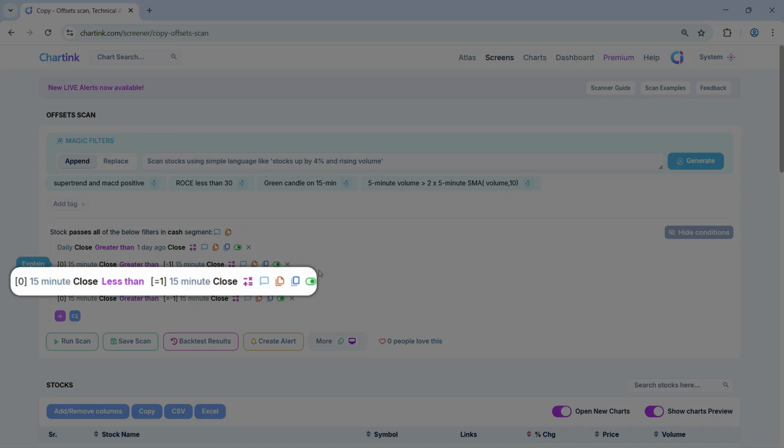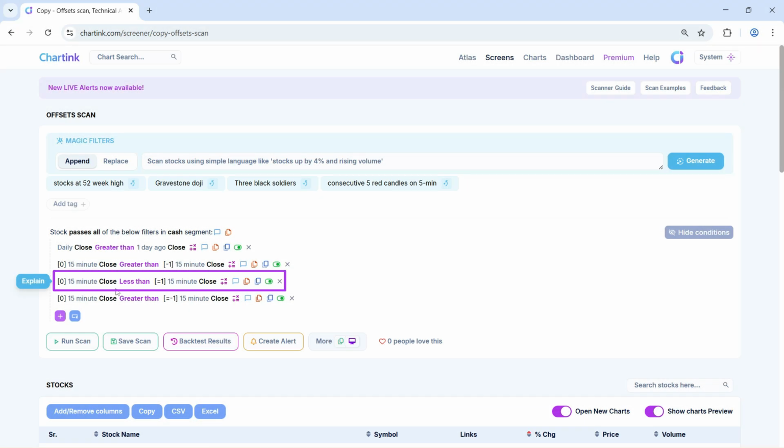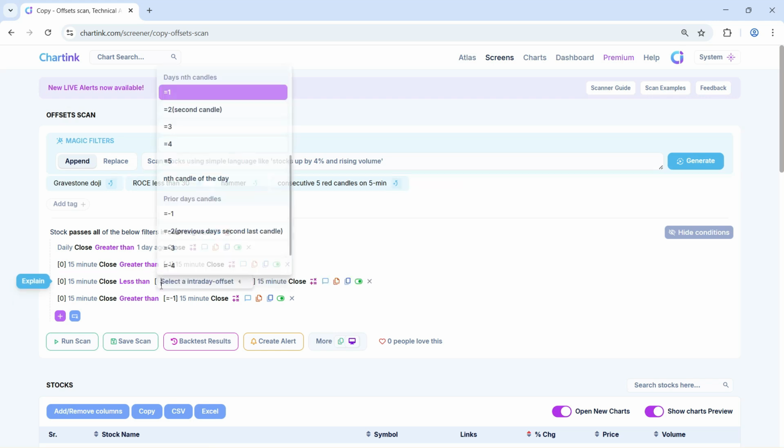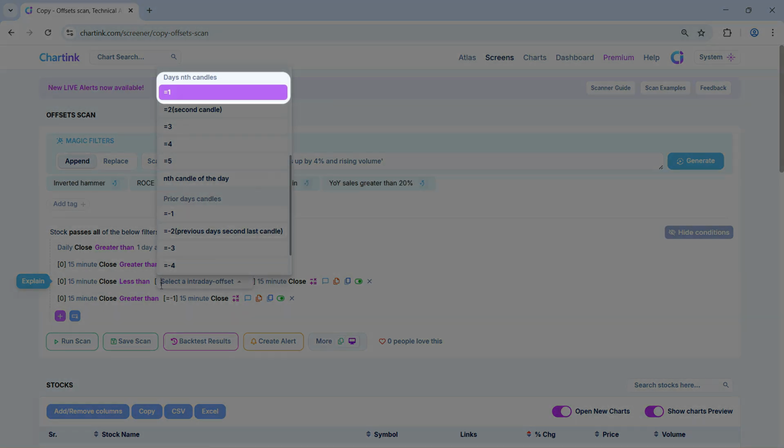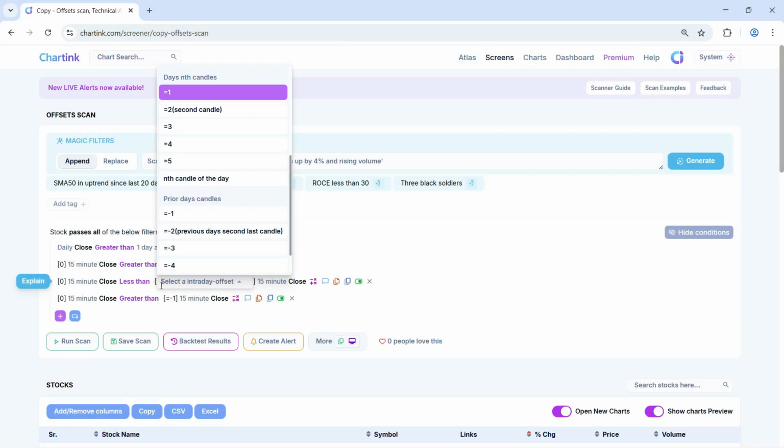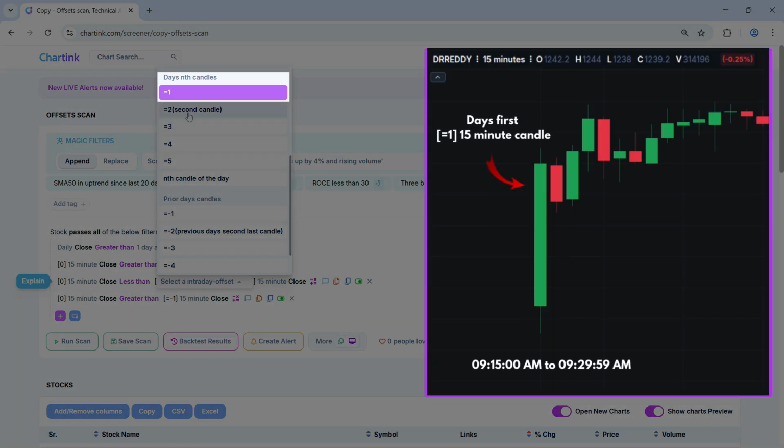Now in the third filter, the left hand side is still the current running candle, which is 0. But the right hand side offset is set to equal to 1. This refers to the day's first candle for that time frame. Since we are using 15 minutes, the first candle of the day is 9:15 am to 9:30 am.